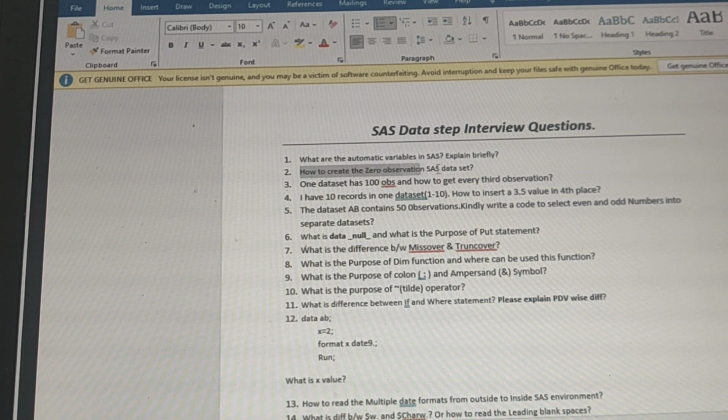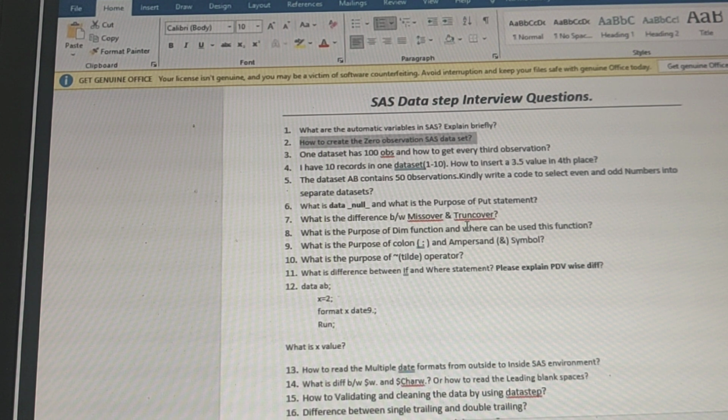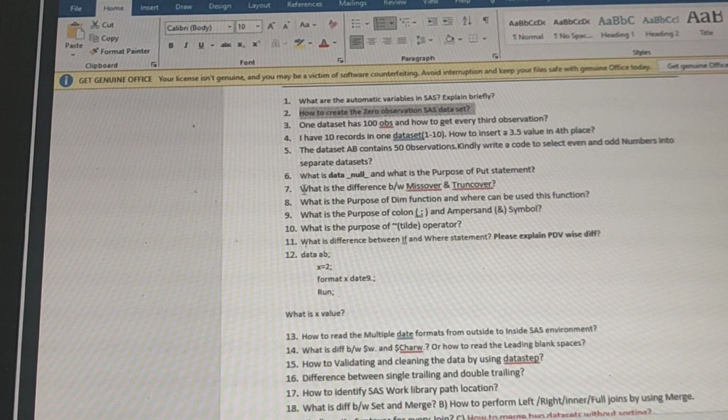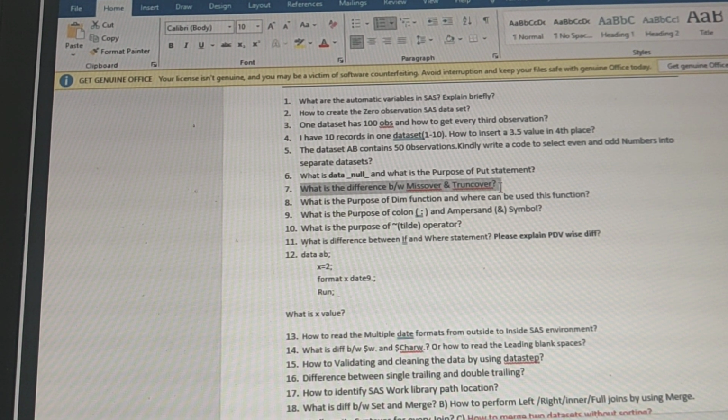Anything we have completed here in this? Missover and Truncover also done. What is the difference between Missover and Truncover? Anybody knows? Anyone knows? So,